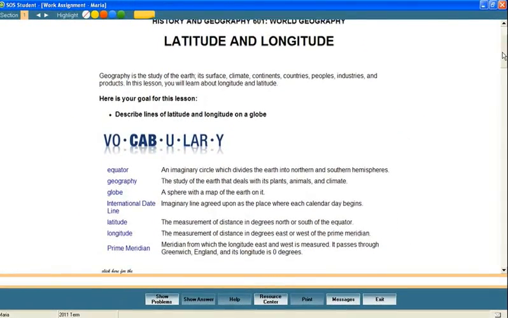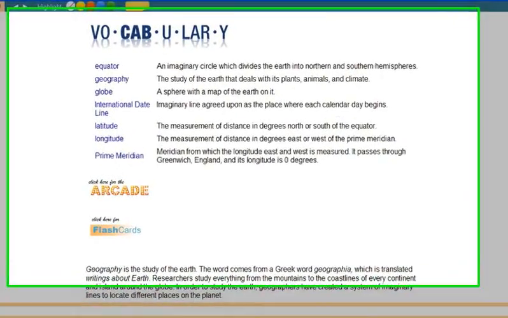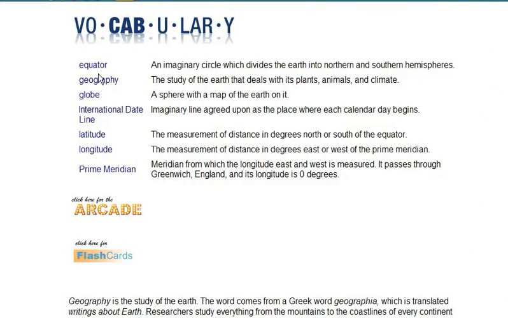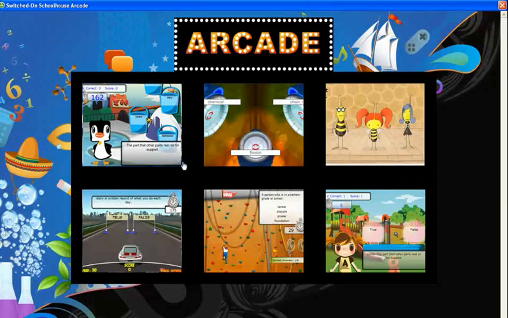To encourage strong vocabulary skills, most lessons begin with a list of vocabulary words which are used within the lesson. We've included several activities to encourage mastery of these important words. Globe, latitude. They can access the Vocabulary Games Arcade to play games which provide practice and reinforcement of the vocabulary words